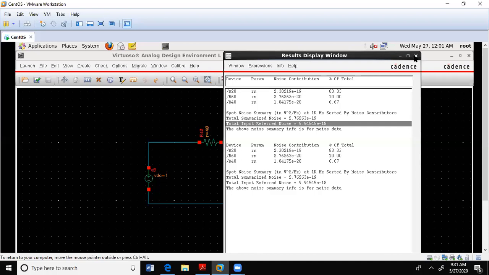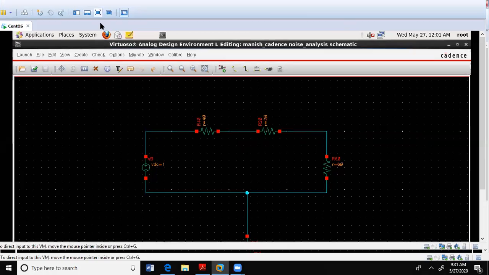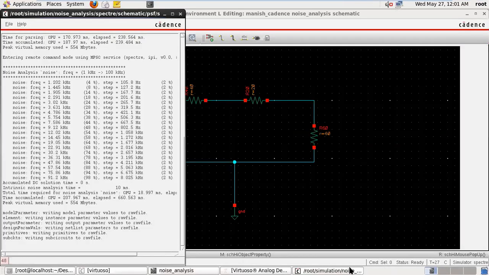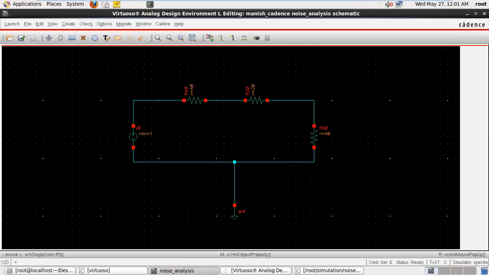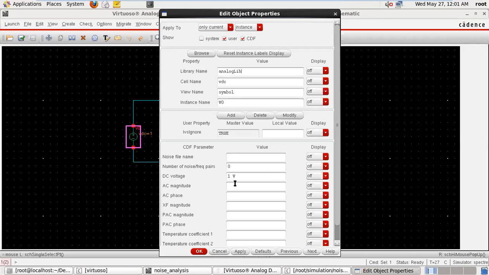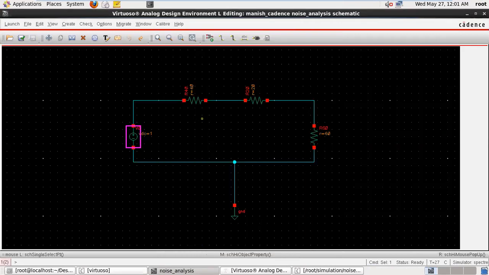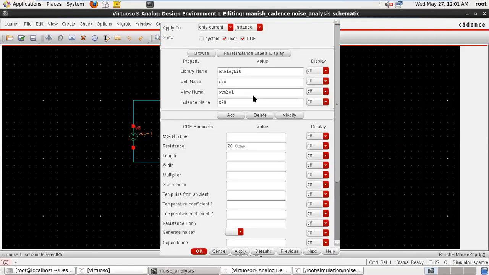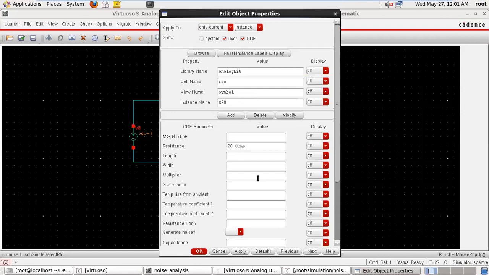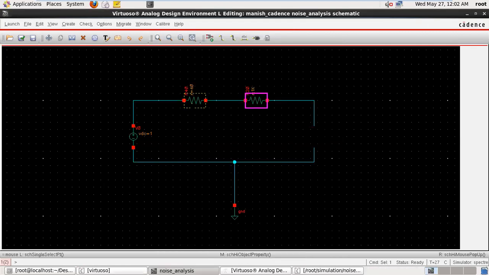So now just close this window. Now we are seeing some results for the passive type of filter and active filter. So for that purpose, we are taking 1 volt as the supply. Okay, deleting this resistance, and resistance value is suppose 1k. We are choosing the value of resistance as 1k. Apply. Okay, delete this resistance wire.